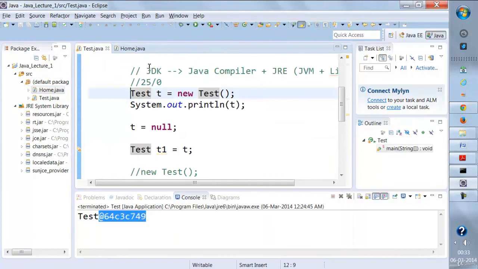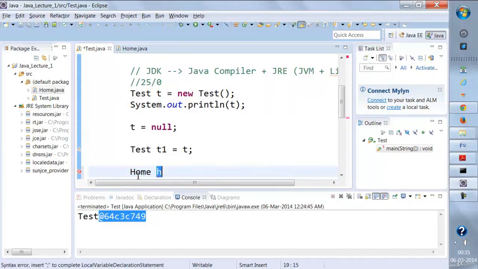Now over here, if I write home h, here I need to specify this reference belongs to which class, right? I cannot say home h equal to new test. This is for the time being not possible, right? With the current example, right? So whatever reference that we are pointing to a class should be referred to the object of that particular class only,